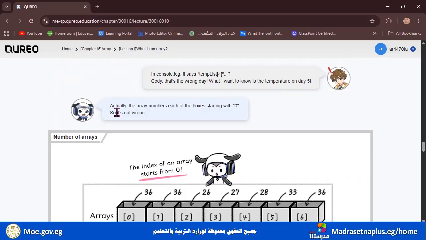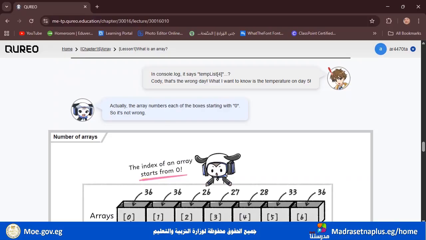Actually, an array numbers each of the boxes starting with 0. Take care, this is pretty important. This is a VIP part, a very important part. When we start naming the boxes or naming the variables, we start with 0, not 1.